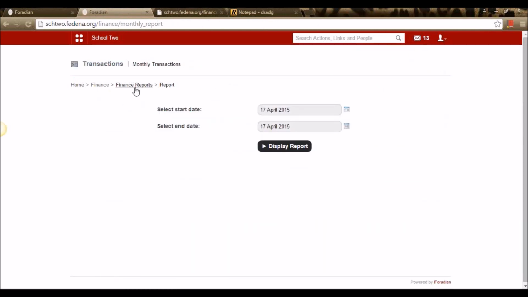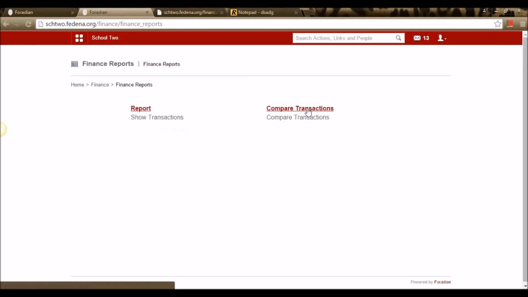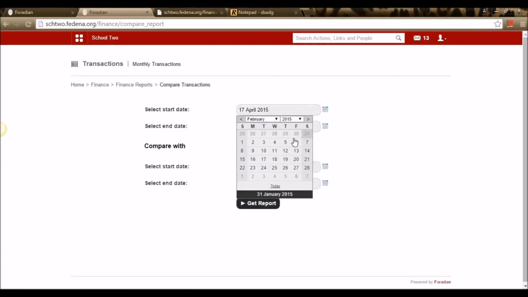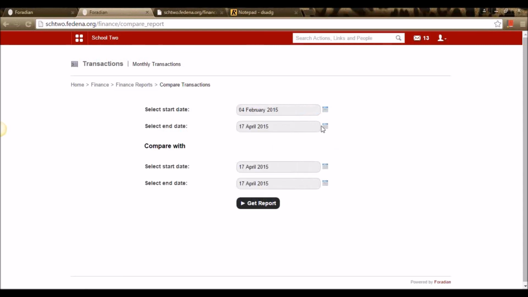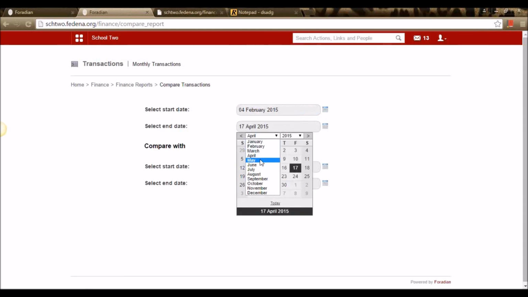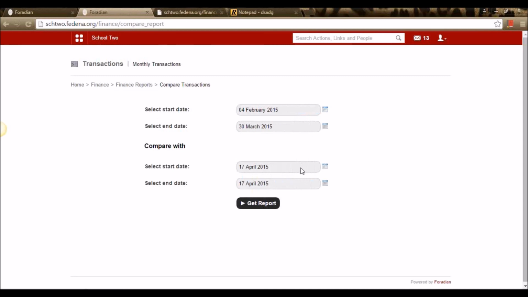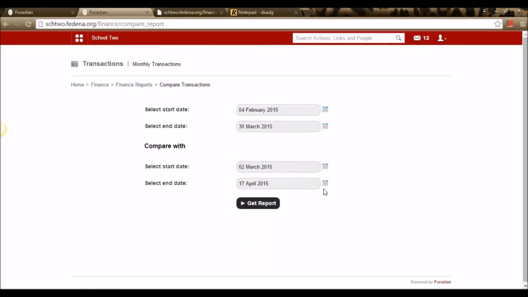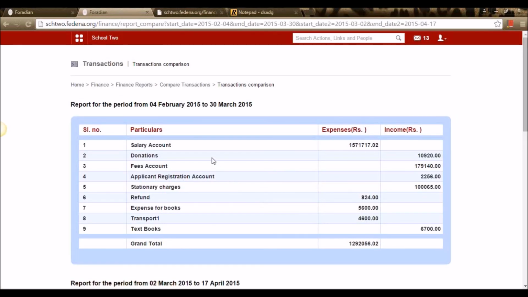Similarly, we can view a report for another span of time. We have an option of comparing transactions between a time period. So I can select the time period and compare the transaction. And get a report.